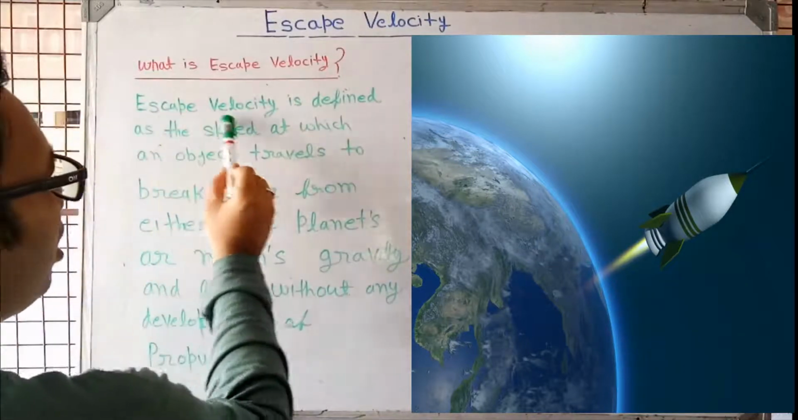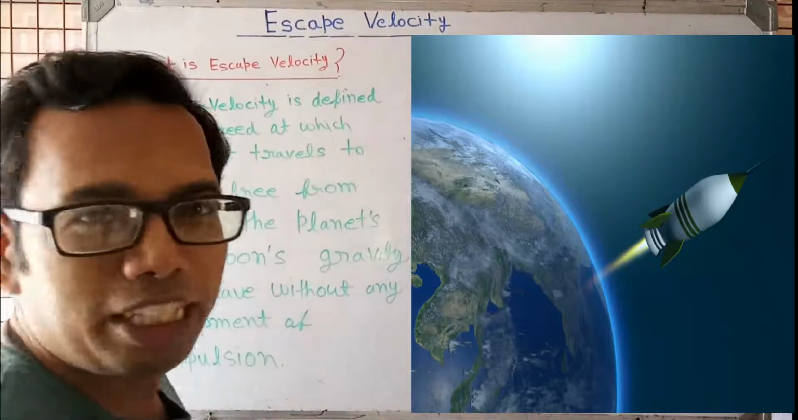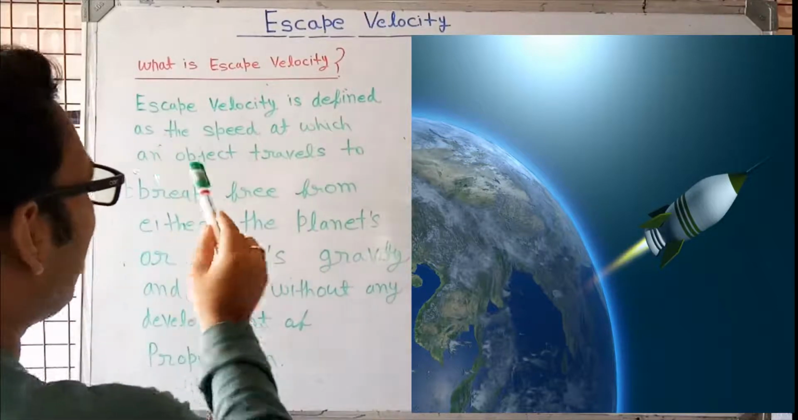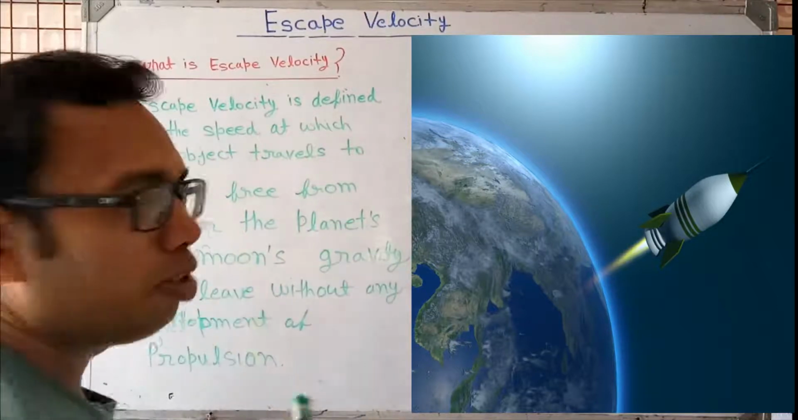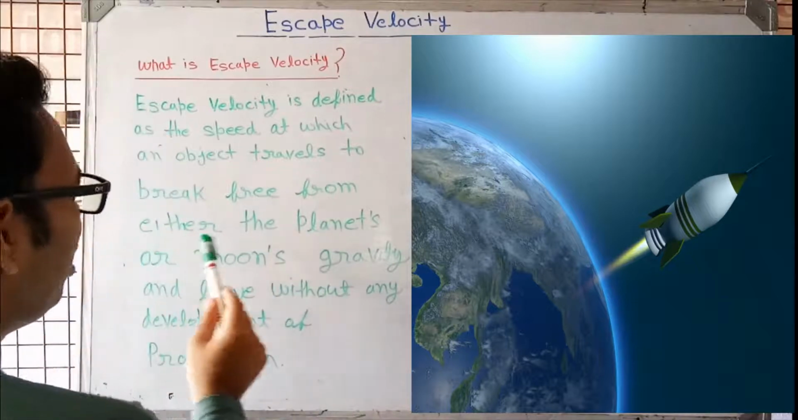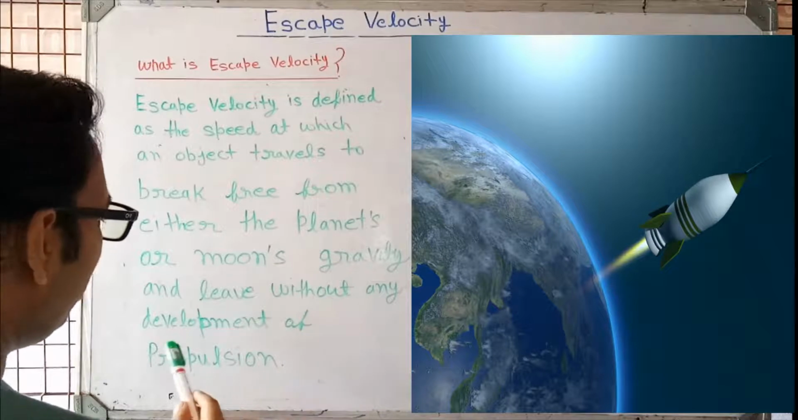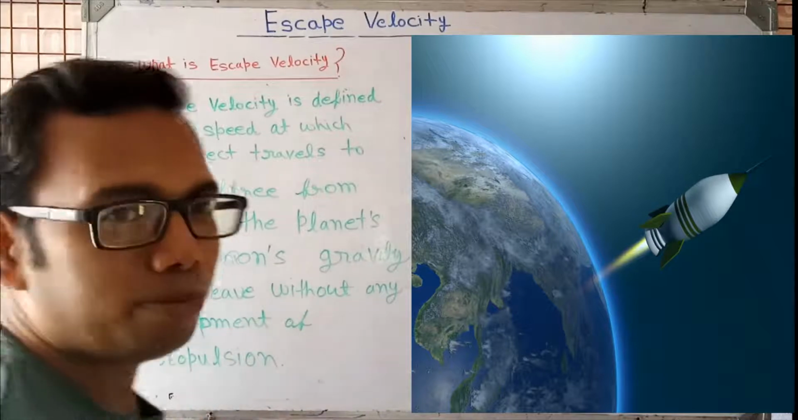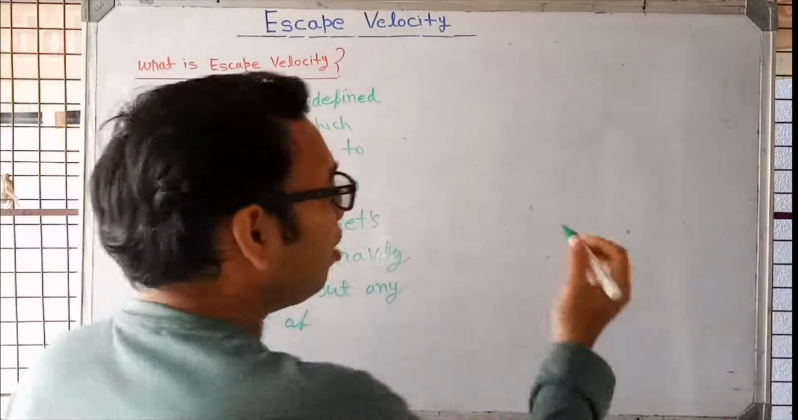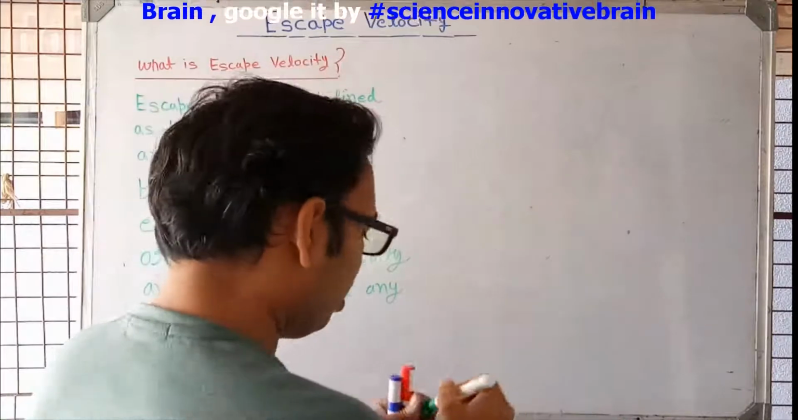Escape velocity is defined as the speed at which any object travels to break free from either the planet's or moon's gravity and leave without any development of propulsion. Means if we have two objects,